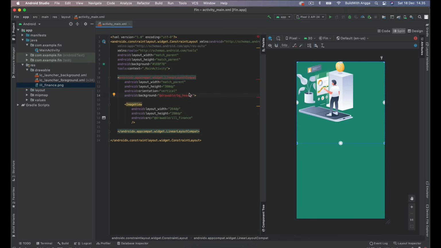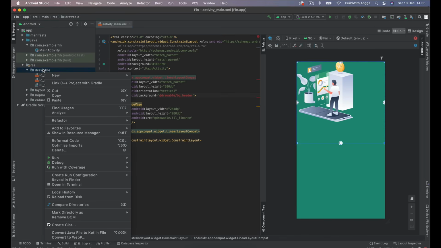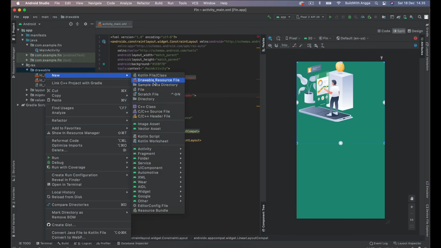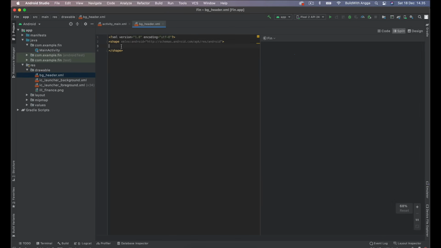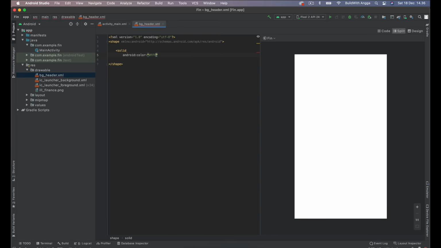So let's move forward into this background header. In this drawable you can right click and then new drawable resource. We choose shape as the type, and the name is background header, and okay. After that in this shape we can put solid with the color white, just like this.